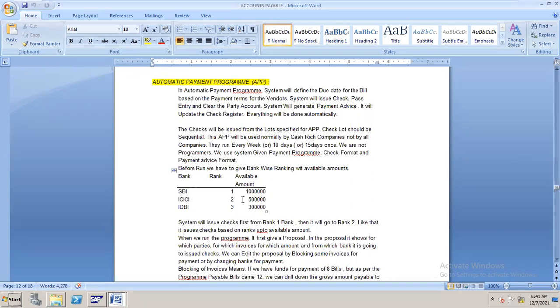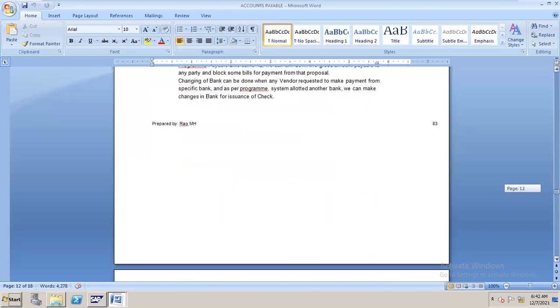Yes, that option is also there for the end user to change the house bank while running the APP program. Otherwise, the system uses this ranking by default. But we have to give the ranking here, so it requires configuration.